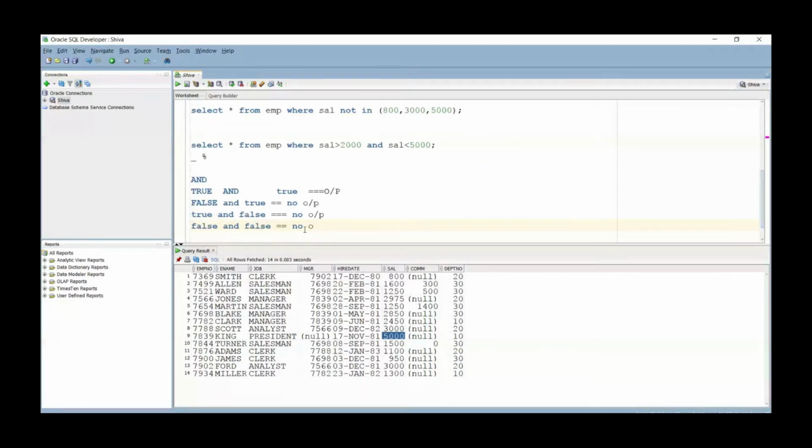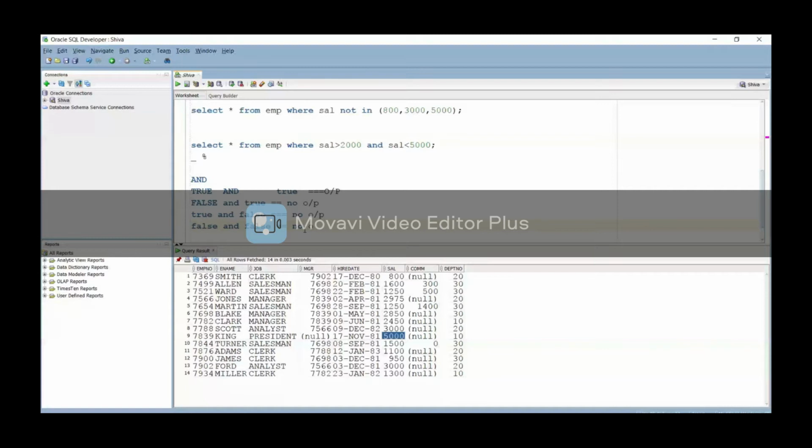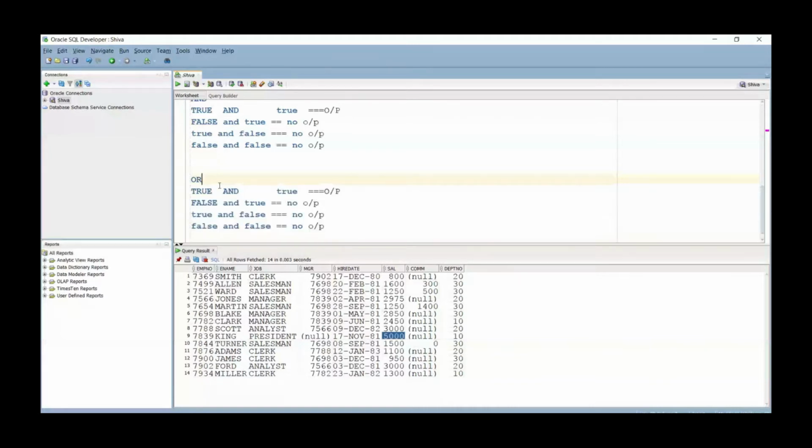I am going to explain the theory, and I need the practical output from your end. So I need the output for OR. OR will work such that if any one of the conditions is satisfied, that output will come to us. So if the first condition is satisfied, I don't care whether the other condition is satisfied or not.